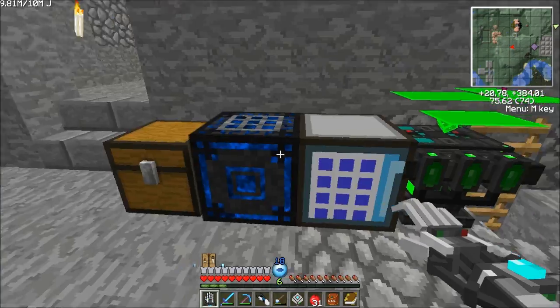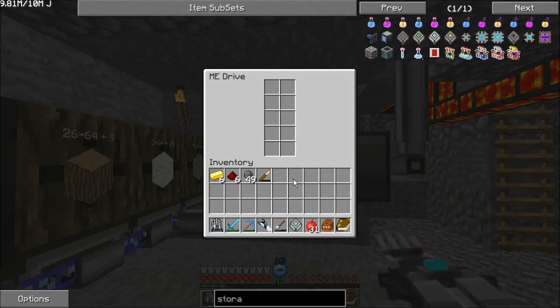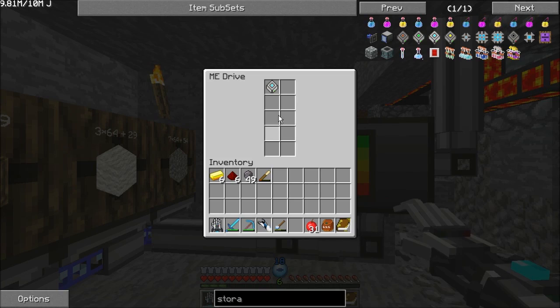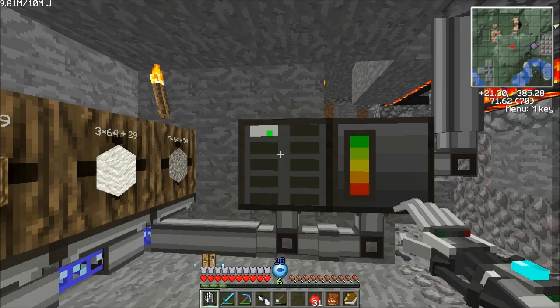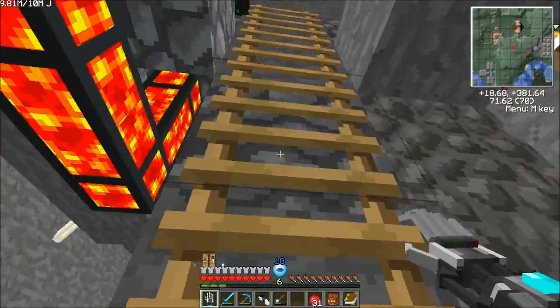64K storage. This thing is amazing. Pop it in there. Our system has now been upgraded to hold 63 more types of items, with a total storage of 65,536 bytes. Now, I'm not sure what the byte to item ratio is, but it's pretty cool regardless, so...